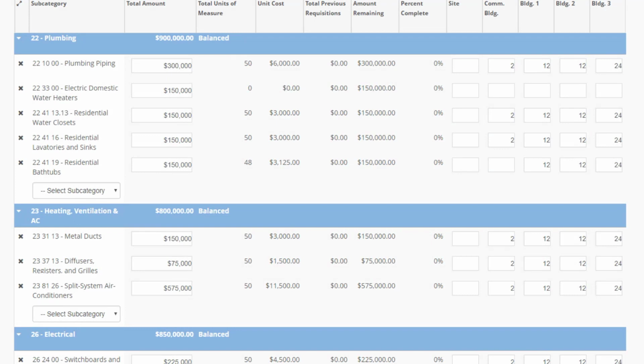You must also enter units of measure across the split columns you created for the project. In order for VHDA to lock the subcategory breakdown, a value must be entered into at least one split per subcategory. CBA will automatically update the total units of measure field based on the split values entered. Units of measure are flexible and can be assigned as the work and materials dictate.